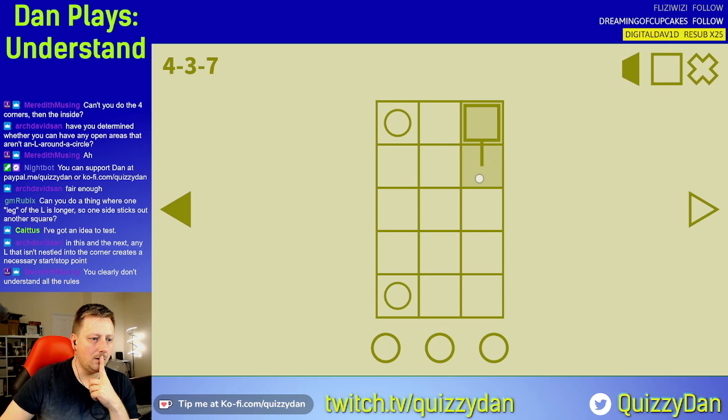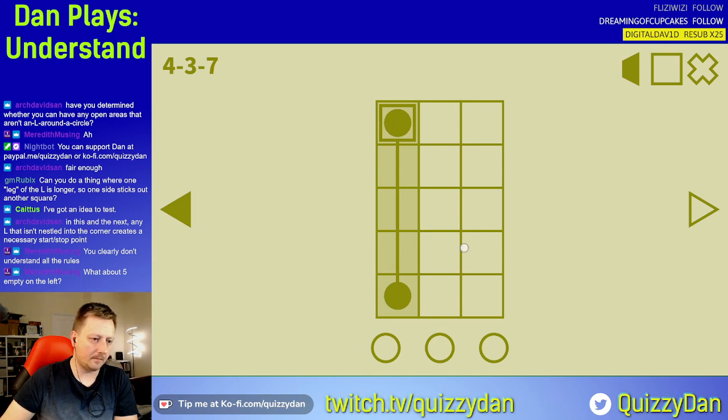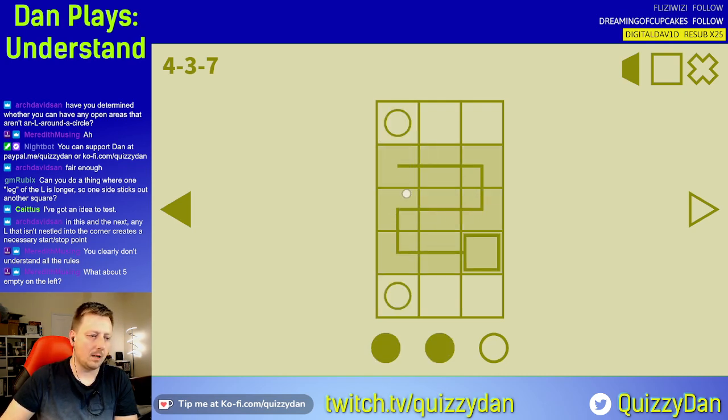So let's just have some plays then. Ooh, doesn't like that. Circles are in different regions. That's got to be this one. Don't touch the circles. Circles in different regions. And I reckon put the...